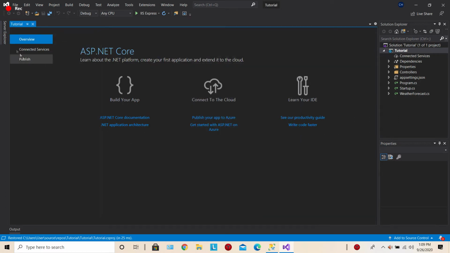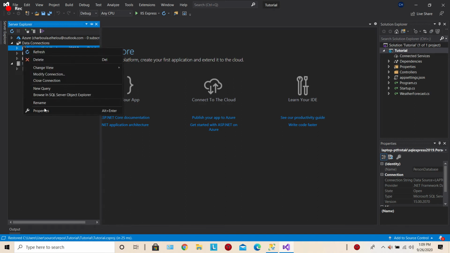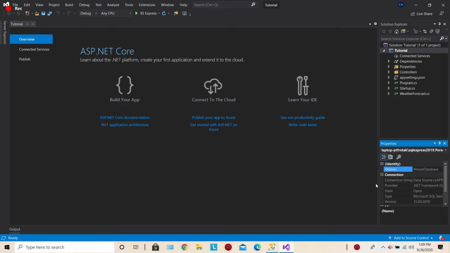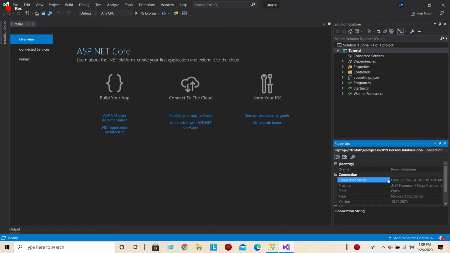Okay. Now here in the Server Explorer, the next step is to get our connection string. So to do that, we need to go to the Server Explorer. That's our connection that we just made right now. If you right click on this and press on properties, you can see that we got our connection string right here under the connection tab. So let's pick this, let's copy that,